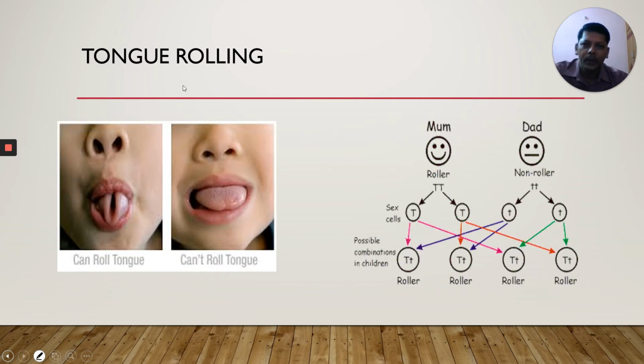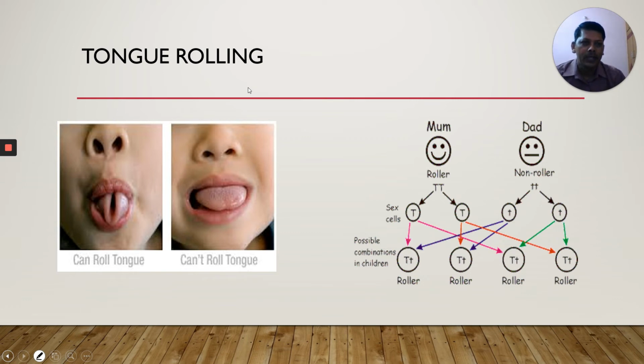Okay, one important point here, it is not given in our textbook now. But a very interesting factor, the genetic related factor. You can observe in your family members. You can ask your father, your mother, your brother or sister to roll their tongue. What is the rolling of tongue?